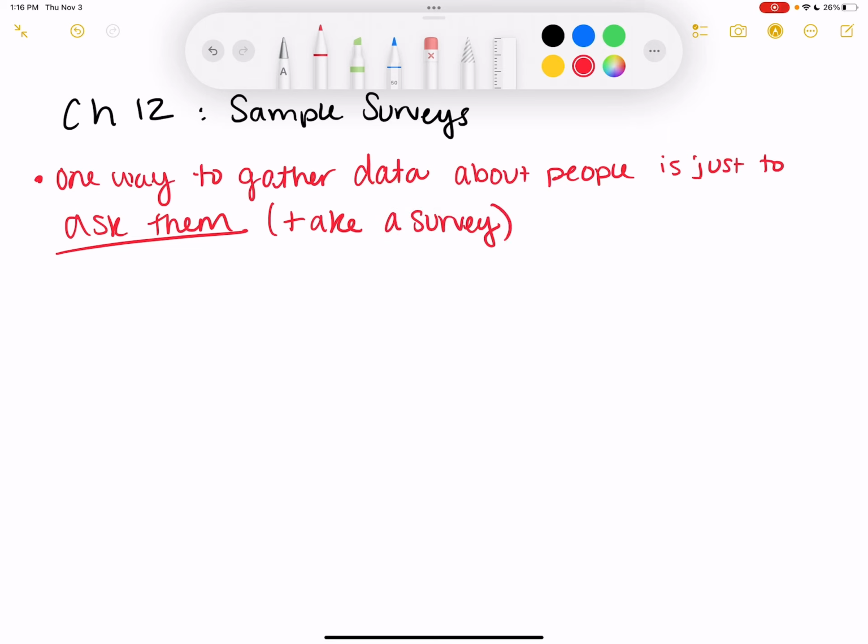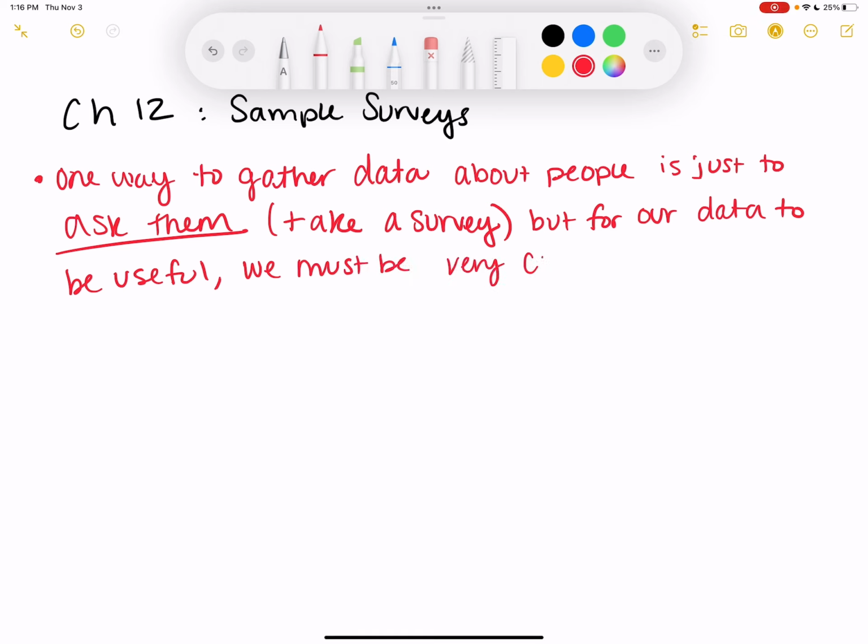You take a survey, but for our data to be useful, we must be very careful about how it is collected.